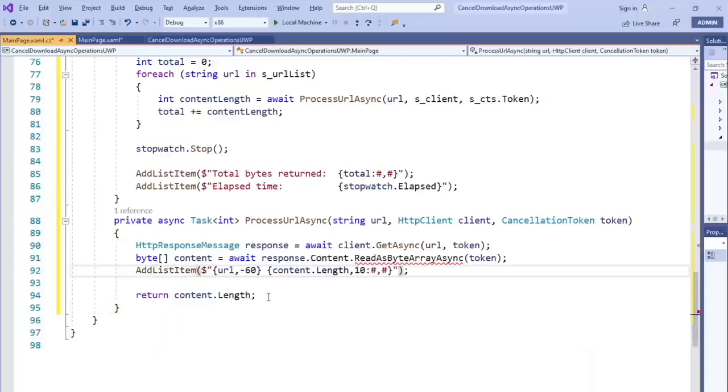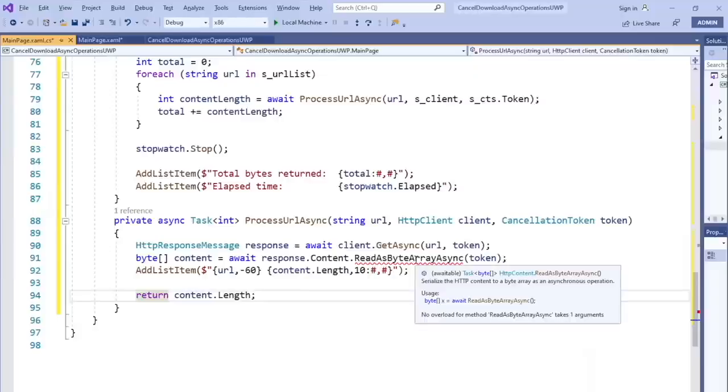And if you'll remember, before we started implementing this example, I spoke about one of the prerequisites for creating this code example. The prerequisite being the installation of the .NET 5 SDK. So this is the only line of code that doesn't work if we do not have the .NET 5 SDK installed, and if we are running this example using the .NET Core 3.1 runtime. So if you are running this project using the .NET Core 3.1 runtime, simply remove the argument named token from the line of code that calls the